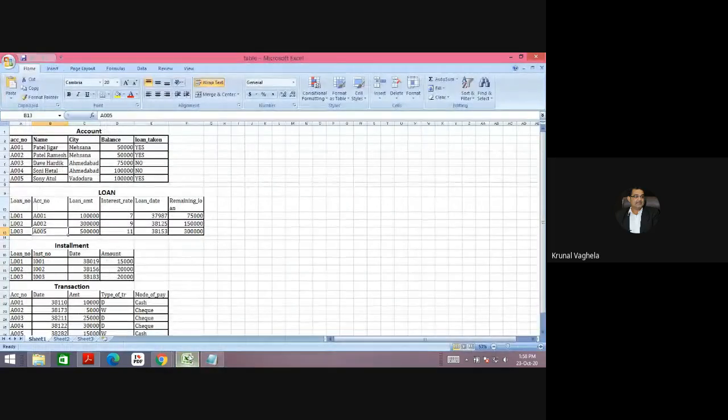These are the tables. Same query. Now this must be done by every student.